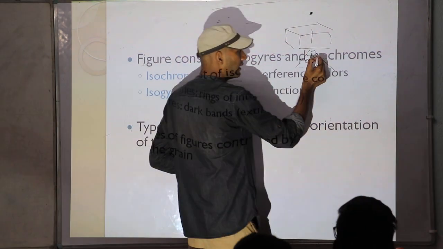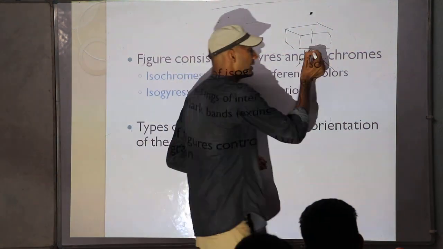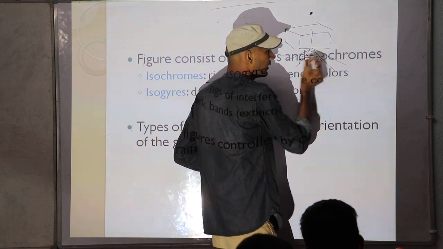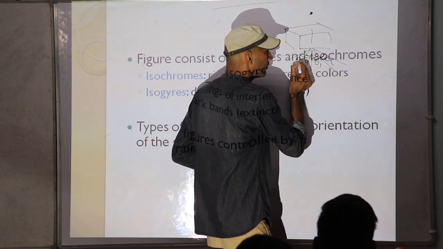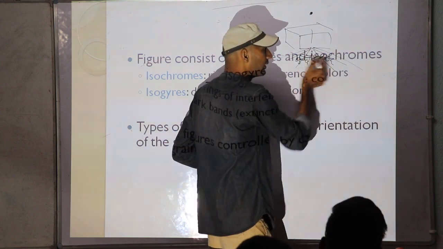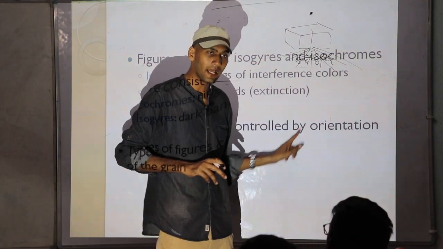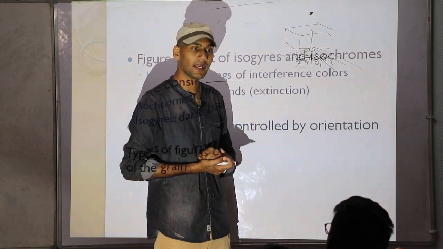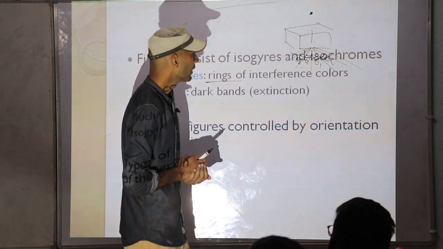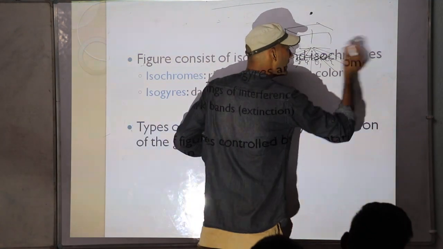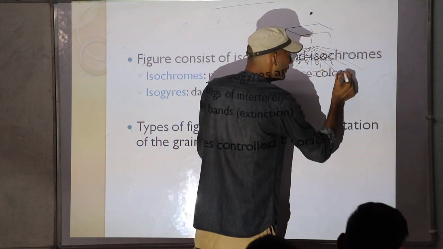So one cone is at one angle theta. For one cone, you can define one angle. This is a different cone, so for this, there is another angle. Let's say this is theta 1, this will be theta 2. For the next, that will be greater, theta 3. Right? I am defining this angle with the cone axis, or you can say with the optic axis, because the cone axis is parallel to the optic axis here. Okay? So now you can see that the angle is increasing for the cones. The angle is increasing substantially, right?